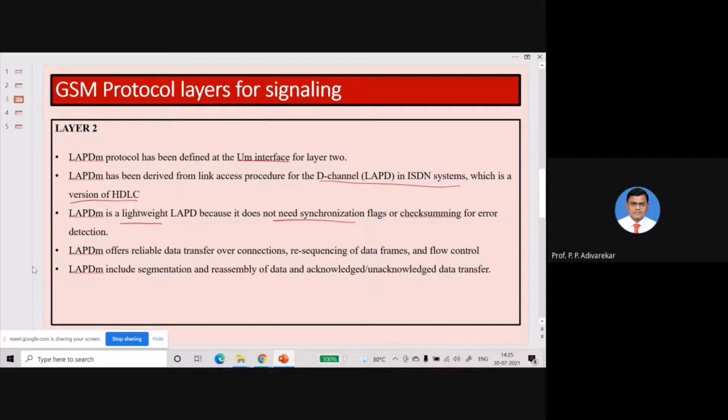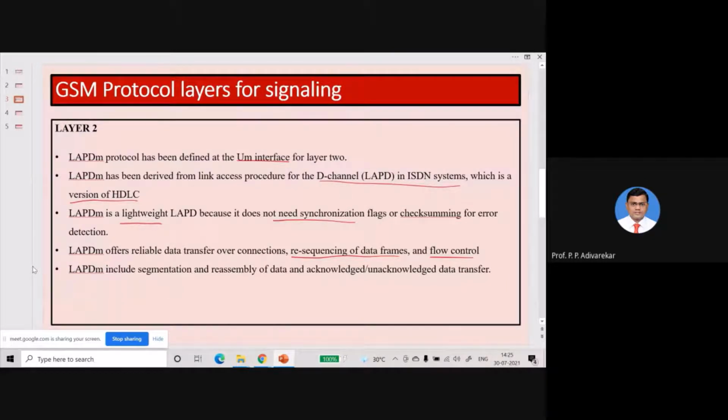Okay, so what are the basic functions of this data link layer? They are also done by the LAPDm protocol. Like sequencing or resequencing of the data frames, then flow control. Okay, at what rate the receiver is capable of receiving the data.